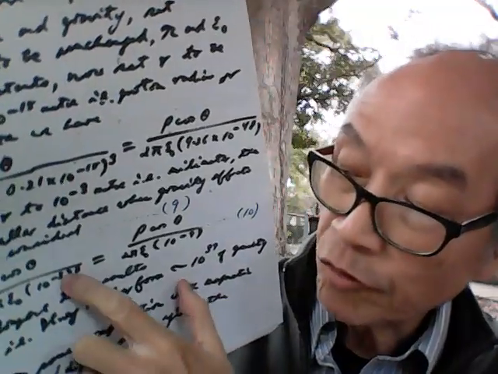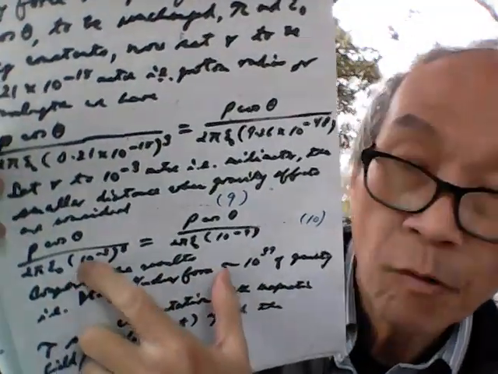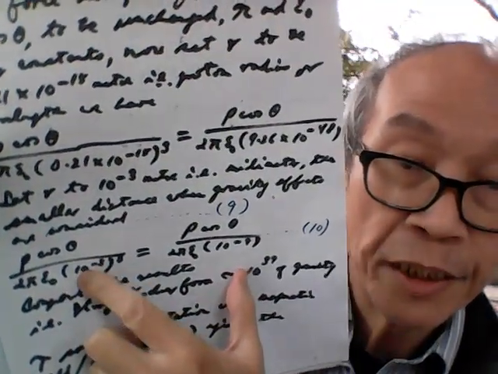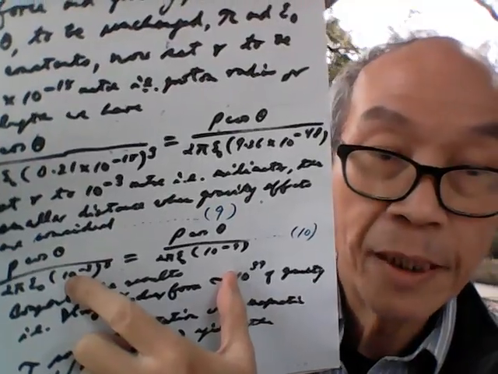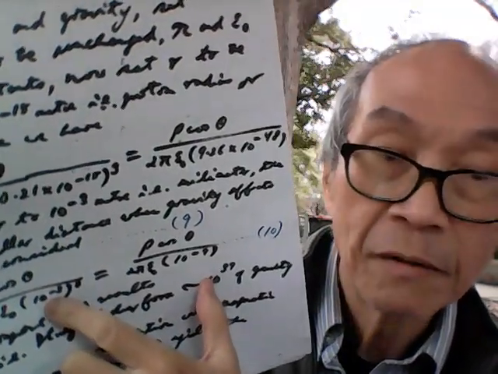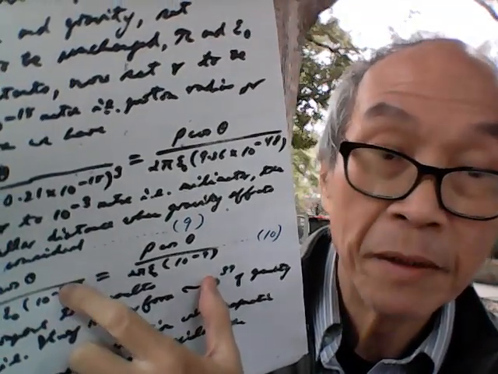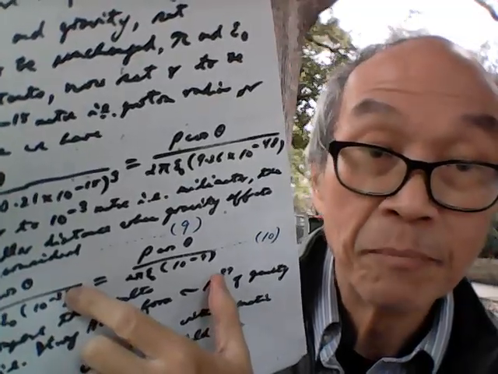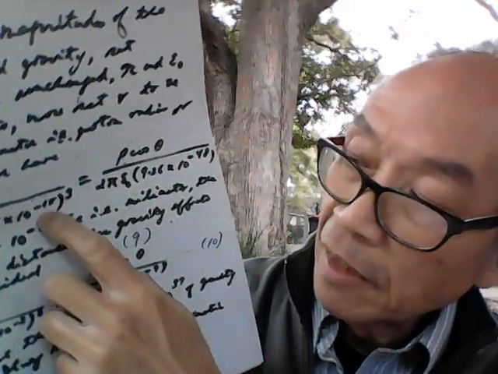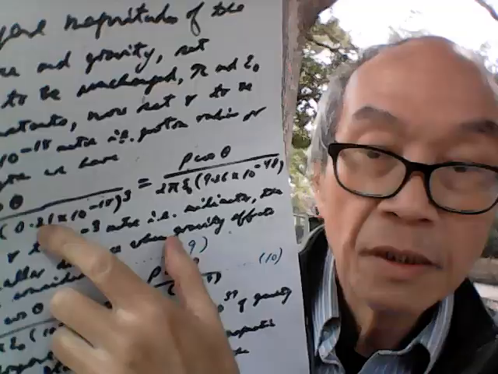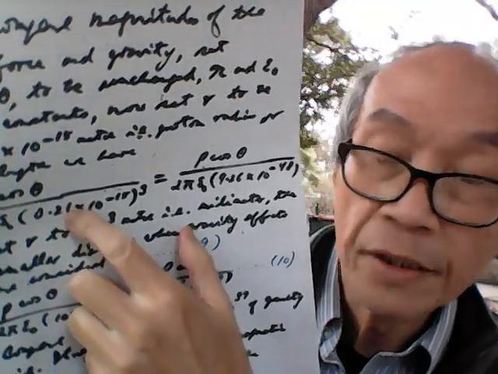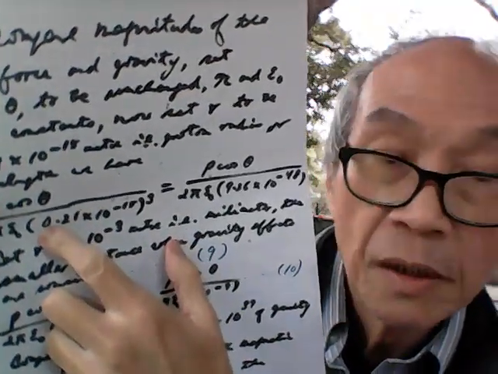To say, it's 10 to the power minus 3 meter, that is a millimeter, and the distance between protons is of the order of